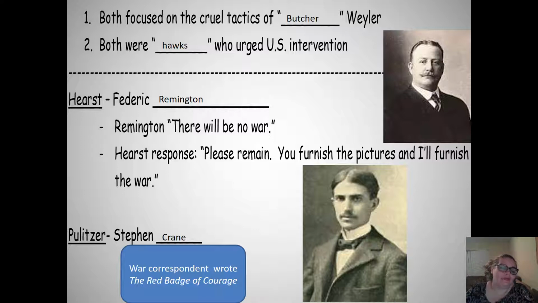Now, he's not going to write specifically about the war, mostly because nobody at the time wanted to read about it. So he writes a fiction book called The Red Badge of Courage. It's a really good book. You should read it. And his book is set in the Civil War. But what's important about The Red Badge of Courage is it is the first book that ever portrays battle realistically. Up until Stephen Crane wrote The Red Badge of Courage, almost all the time whenever a book would be about war or a war would be mentioned, it was always the romanticized version of war.